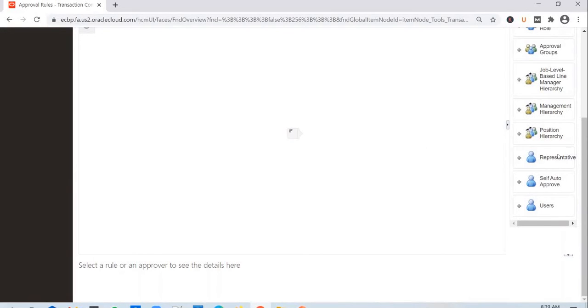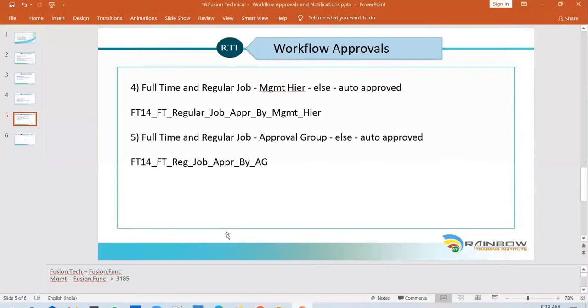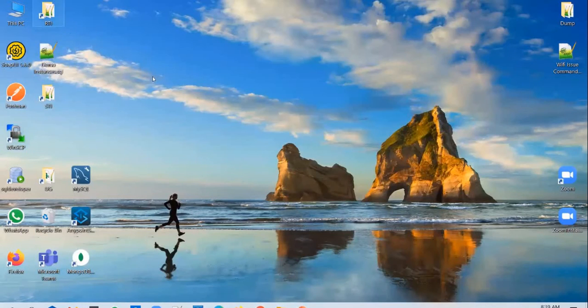But when you do that, you can use this representative option to send the transaction to that representative for approval. And apart from these three options, you've got three hierarchy options available. Say, for example, if you look at the previous use case, I think I closed that.